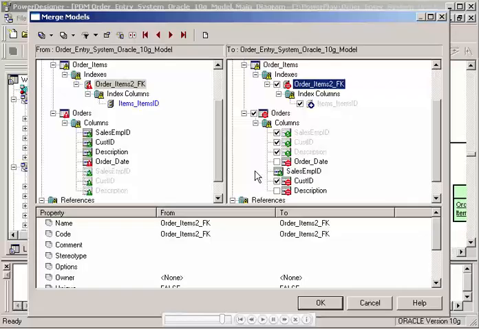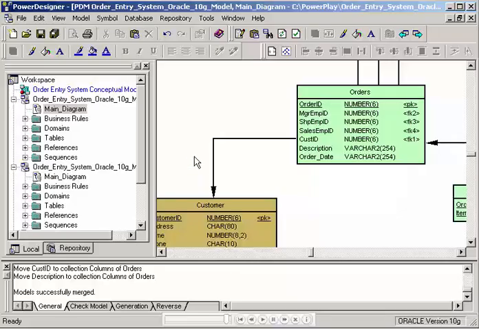And again, we have additions that we can select. The moves, if you select the green arrow action box beside the symbol, that will select the move to occur, and this will effectively reorder the columns to match the column order of the source. I can accept or reject any change that I see, even the ones PowerDesigner has default selected for me. And when I say OK, the changes apply. We'll see the object has been deleted, my deletion has been preserved, and new changes in column order have been affected. So the changes I selected to occur have occurred, and the changes I did not select